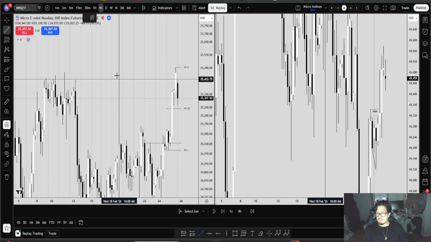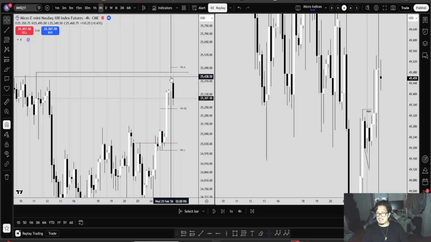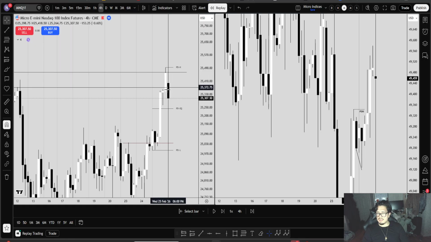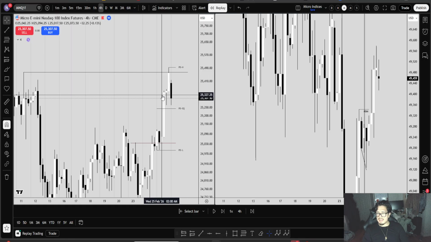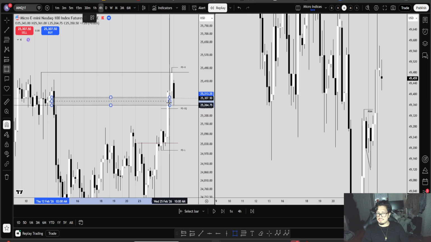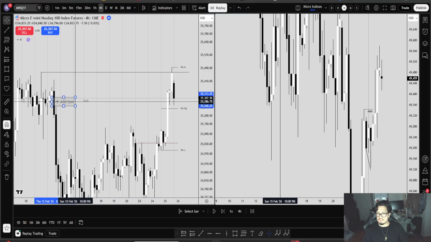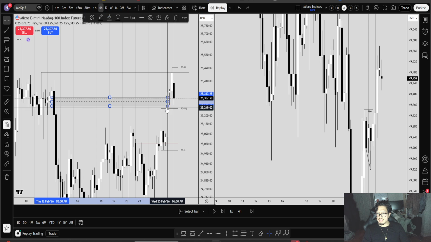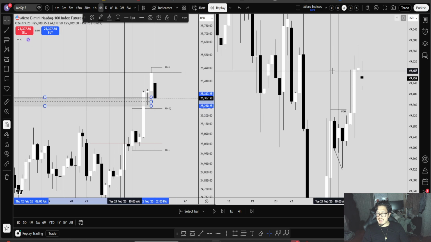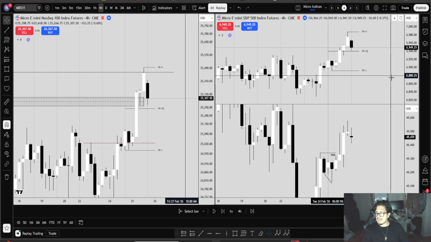And then notice how we were able to, well, actually, this was at the end of the day. Wow, this was actually very clean still. I'm surprised that NQ did that, but we were able to expand higher, and I was looking at this gap right here. We had this gap that was traded into, and when we were within this gap here, ES was actually above its previous day's high as well.